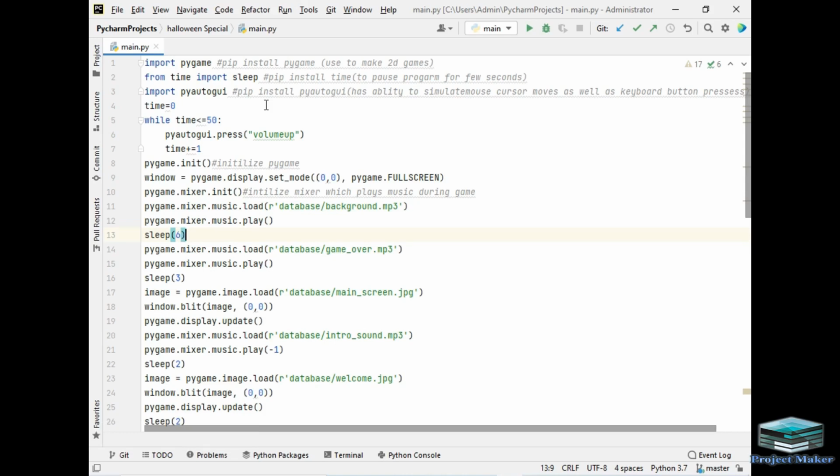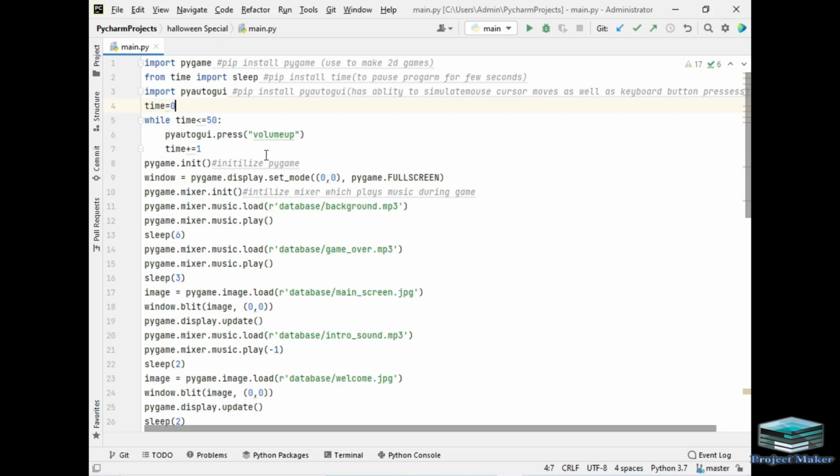So let's move ahead. We have created a variable called time which has 0. And we have used this time to increase the system volume to 100, and then we have written pyautogui.press in brackets volume up. This line increases the volume up by 2, and because we have to make the system volume 100, I have set the time validity till 50, so that is 50 into 2, which will give us 100. So even if our system volume is 0, this line will make the system volume 100.